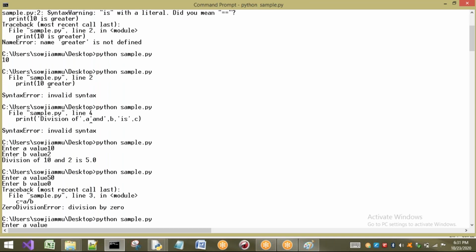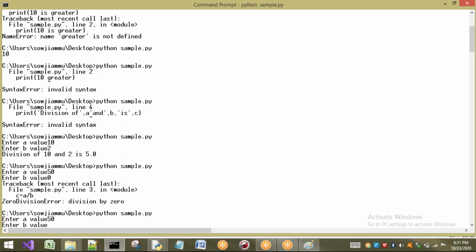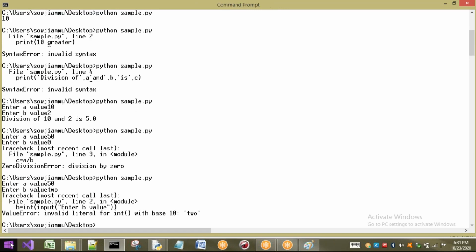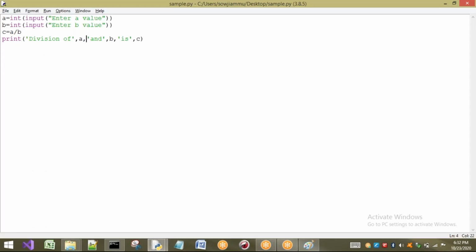Here I am going to give 50 and divide it by 2. I am writing out 2 as the value. Observe here, it clearly says value error, invalid literal for int with base 10. That means if I want to divide numbers, compulsorily they should be numerical values only. But here I am giving a string type, so we get a value error. We get this value error at runtime, so this can be called an exception.